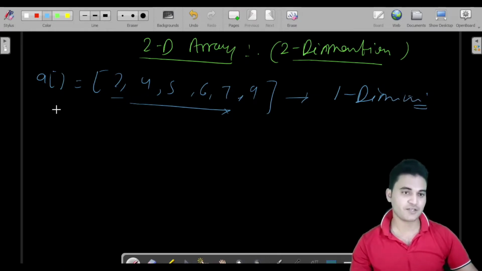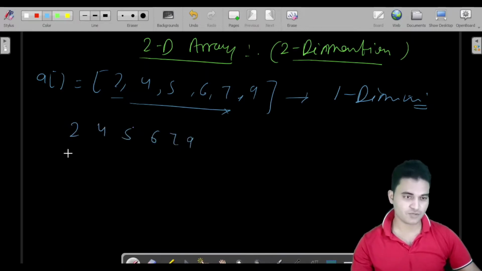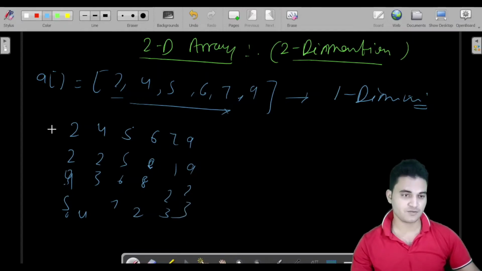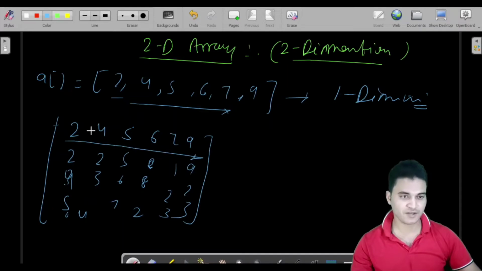What are 2D arrays? 2D arrays can be in this dimension, and also in this dimension: 2, 3, 4, 5, 6, 3, 4, 5, 6, 7, 9, 8, 2, 1, 2, 3, 9, 2, 3. So this can be in this dimension also. This is also an array and this is also an array. An array can be one dimensional and two dimensional, even three dimensional, multi-dimensional we used to call them,